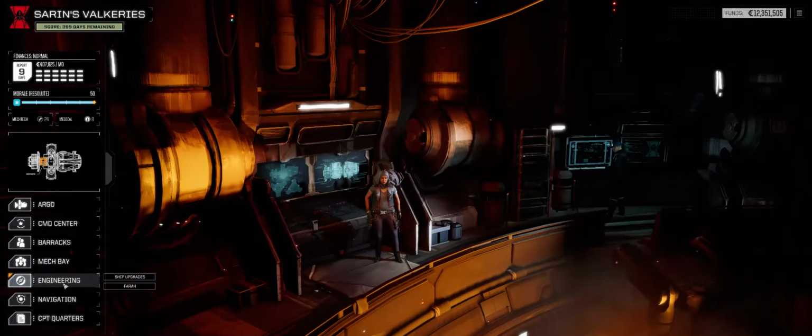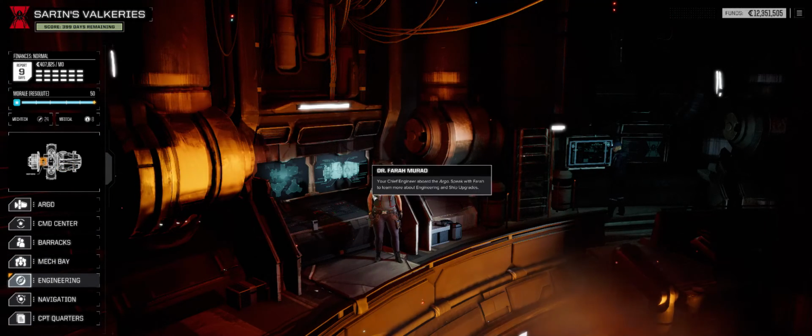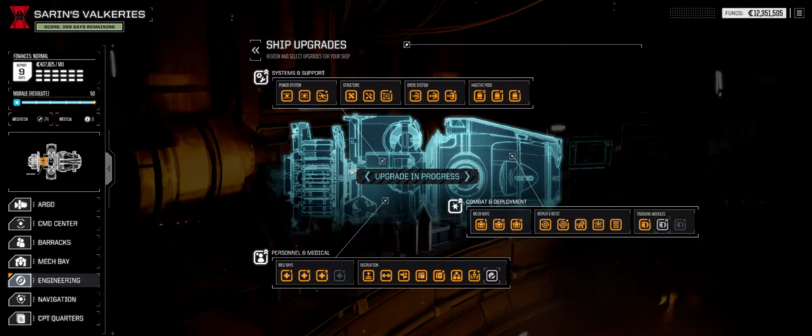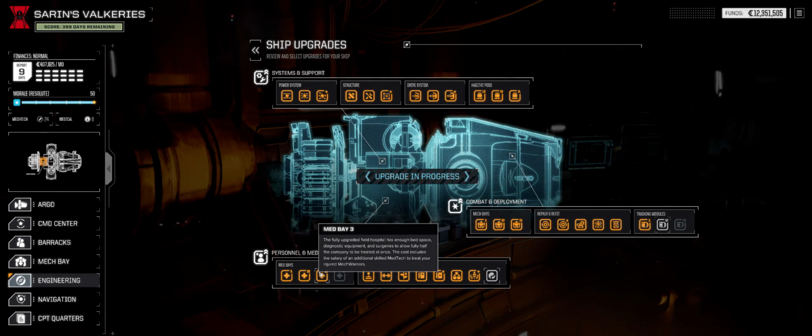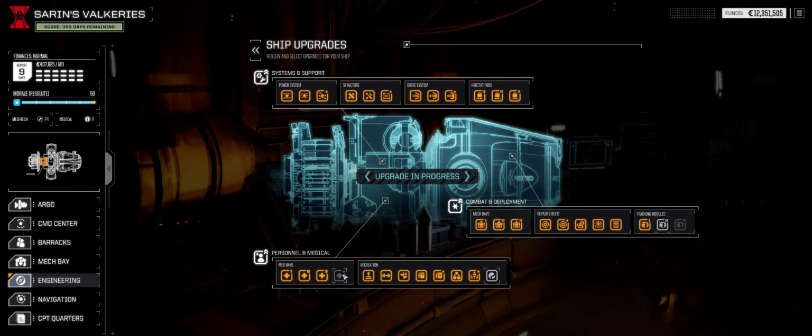The next area is engineering. This is where you upgrade the Argo. This is Dr. Farah. And as you can see, I've upgraded most things. Some things aren't as important as training modules. If you go through a lot of pilots, training modules are good, but I don't, so I don't use them all that much. But things like the repair bay, early in the game, the med bay, your pilots are going to get injured often and for the dumbest reasons, like a laser blast. I could see a pilot injured from an ultra cannon or something, but from a laser, yeah, I don't know who wrote the rules for this, but